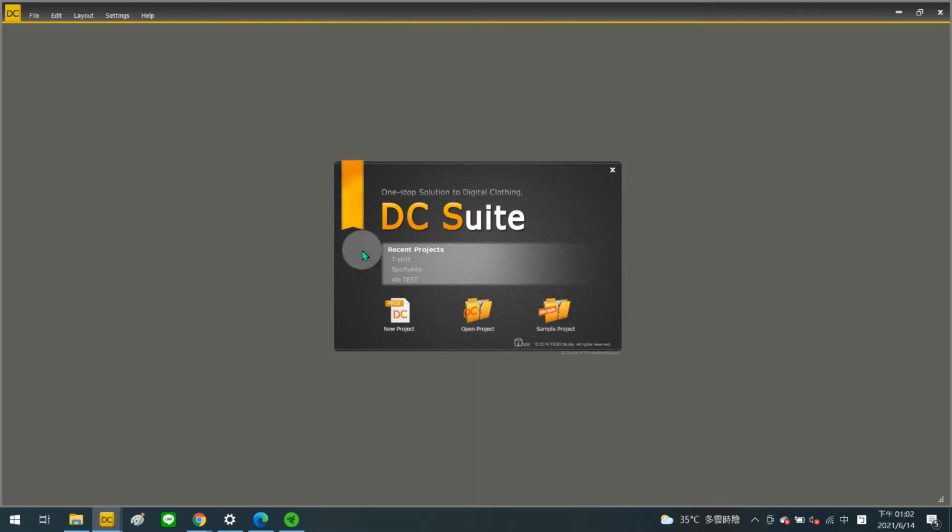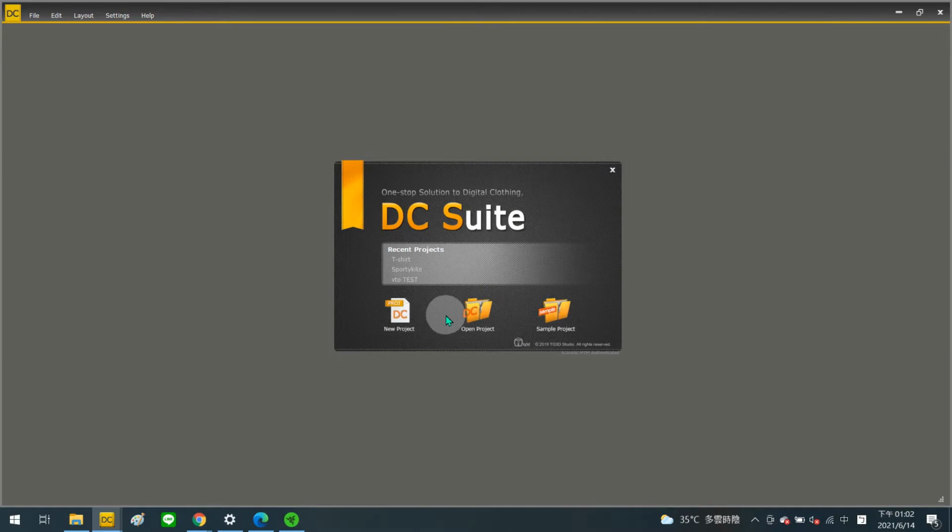This is the first entrance of the program. There are 4 options to open the project. New project is to create an empty file. It is used to start making a project from the beginning. Open file is to open project files which are already saved on your computer. And with the recent file, there are 3 latest used projects listed here, which you can quickly open.